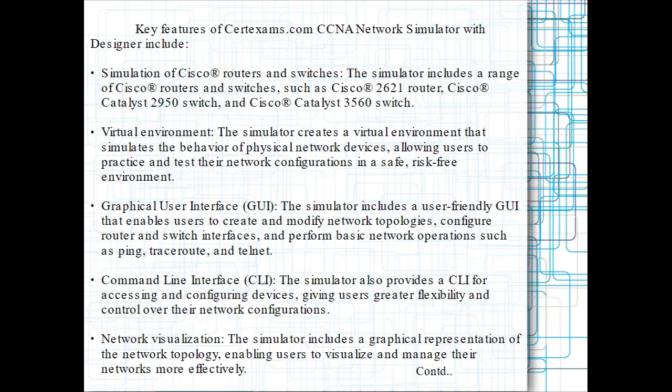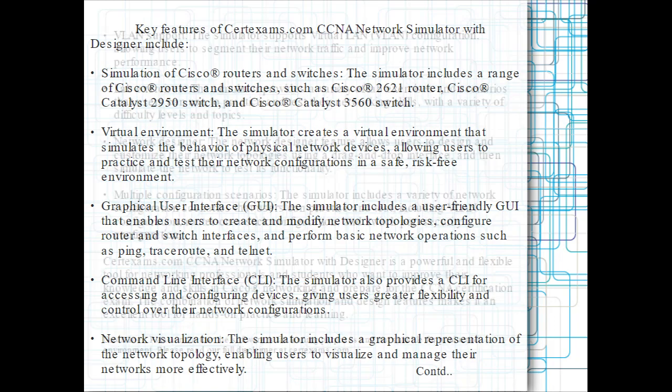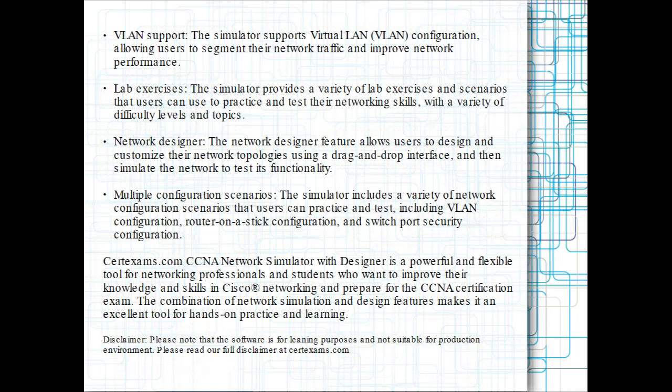Network visualization. The simulator includes a graphical representation of the network topology, enabling users to visualize and manage their networks more effectively. VLAN support. The simulator supports virtual LAN, VLAN, configuration, allowing users to segment their network traffic and improve